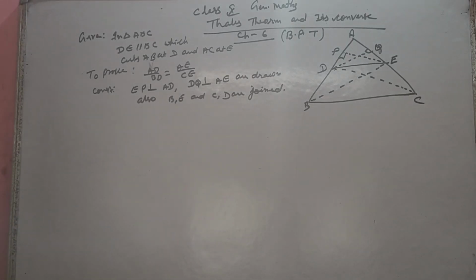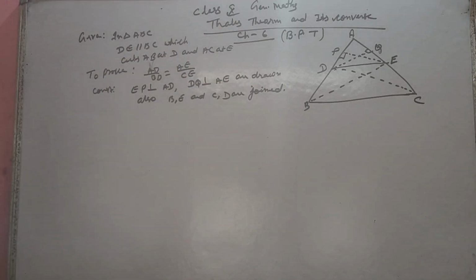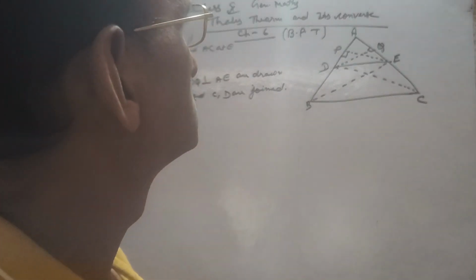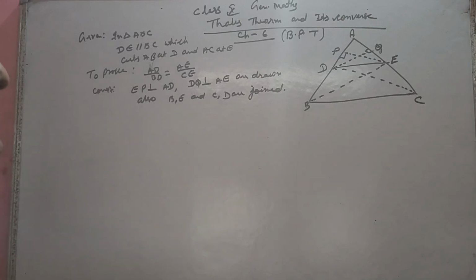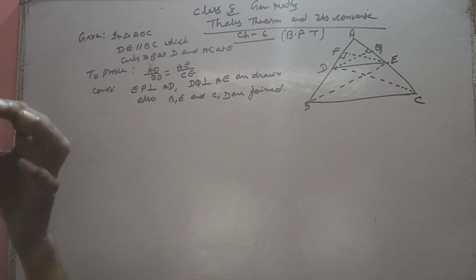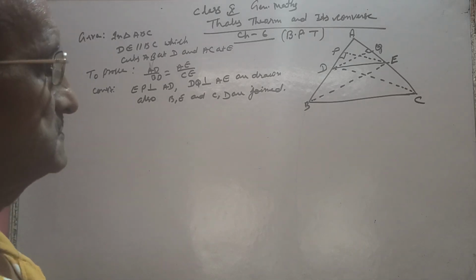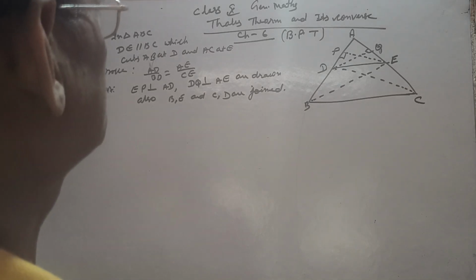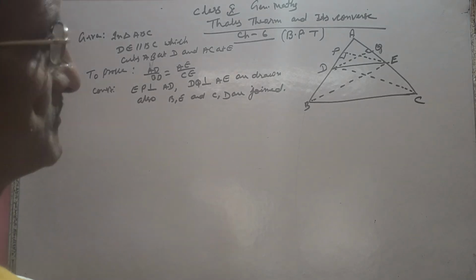Today I am going to discuss with you chapter 6 of class 10 general maths. This is about triangles, basically similarity of triangles, but before that there is one very important theorem called Thales Theorem, and there is a converse of Thales Theorem also. So today I will discuss the proof of Thales theorem and its converse and some